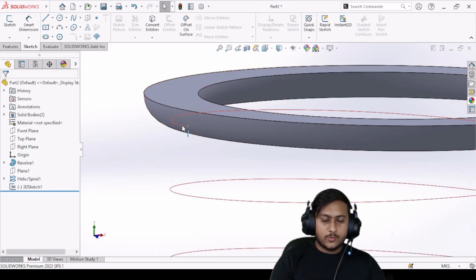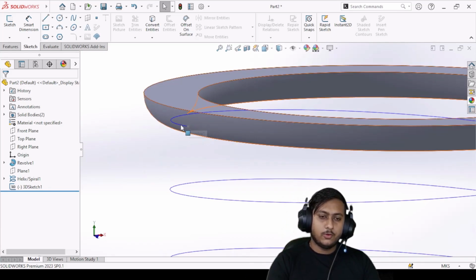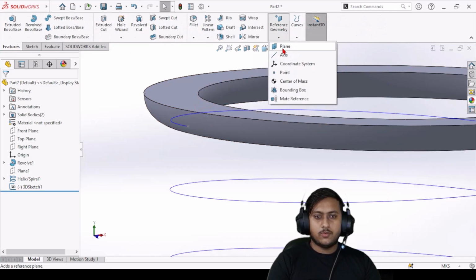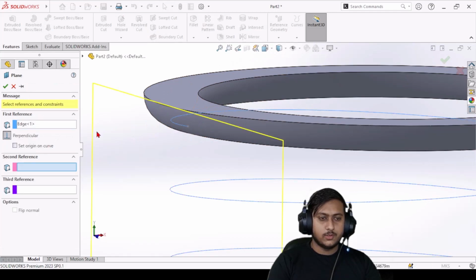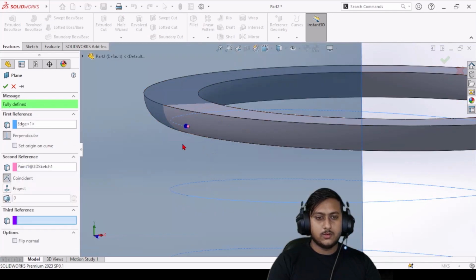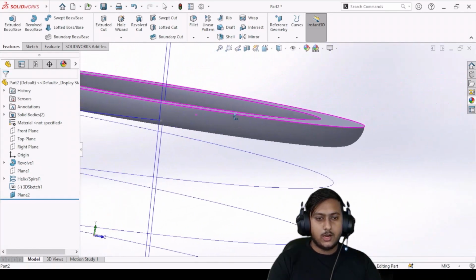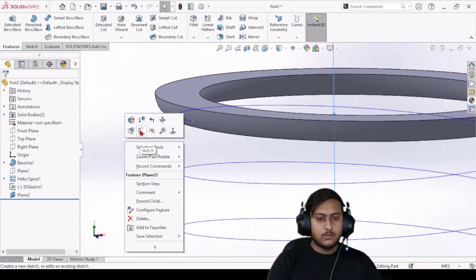But now one more problem is there, that is we need a plane to make a circle, right, at this point. So for that, we are going to make a reference plane which will be perpendicular to this very last portion of that curved line, right? So let's go to reference geometry, let's go to plane, and for making that kind of plane, you just need to select this line for the first reference and the end point for the second reference, and there you go. If I click on OK, there you have this plane which is connected to that line and basically perpendicular to it, right? So now if I just click on this plane and go to sketch mode,